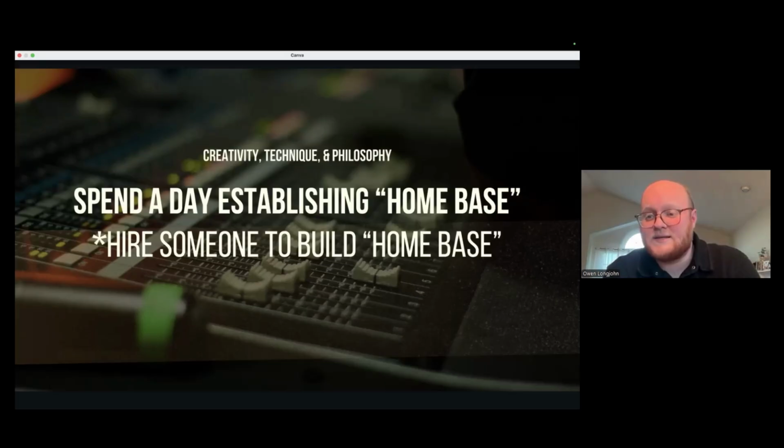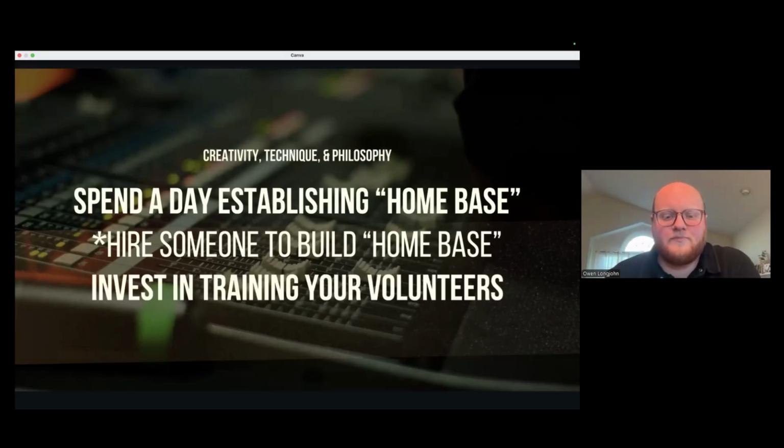They like to go into these churches. Sometimes they'll even do it pro bono, but I'm a big fan of, if you have the resources to pay somebody to help you with something, it's good to do that. They'll go in and help work with those volunteers, collaborate with the worship pastor, and come in during a rehearsal, or maybe they're there all week for rehearsal and Sunday morning, mix the service, and save that preset for you so that becomes home base for you.